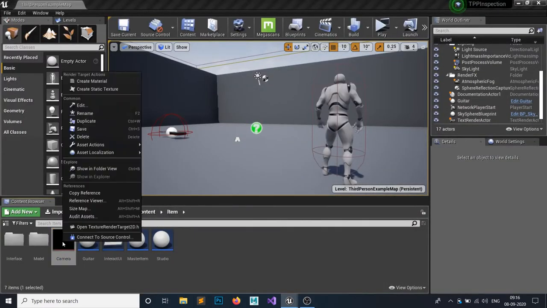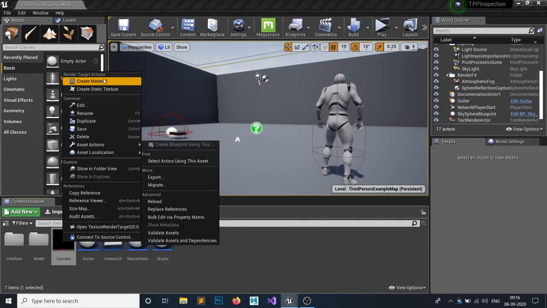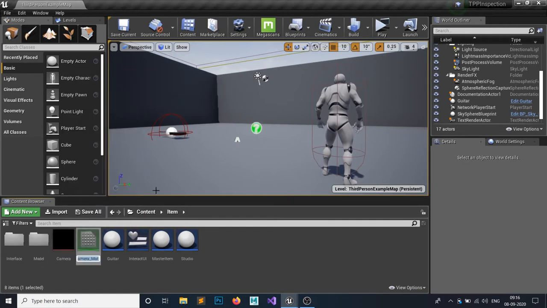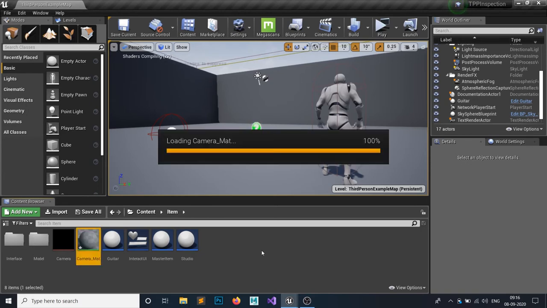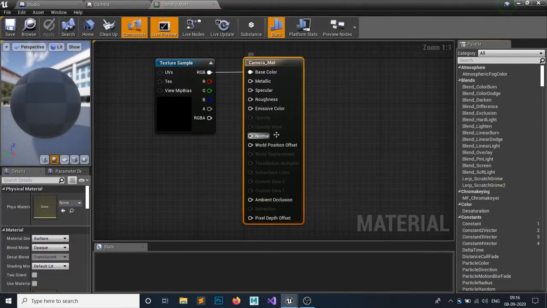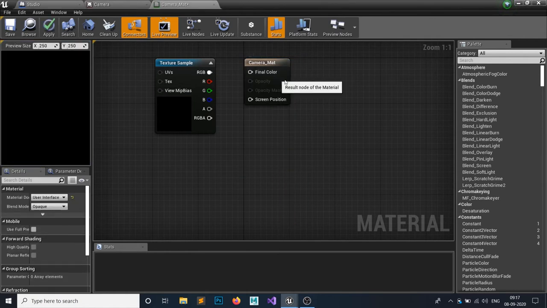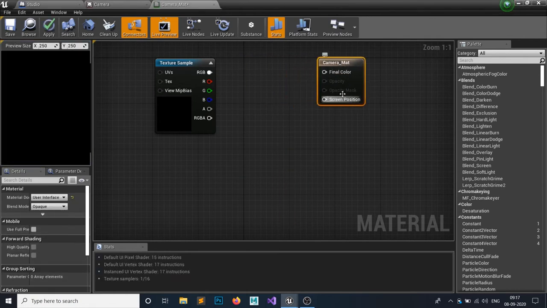After doing that, right click on your render target and create a material from that. We're going to call this camera material, so camera underscore mat, whatever you want to call it. Just open this up, and you're going to see this will look like this. By clicking on this camera material, you can see we have the material domain and the blend mode. The domain would be user interface, and you're going to see it is now changed to something like this, and the blend mode would be translucent.